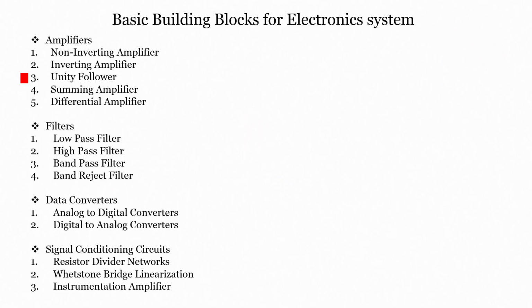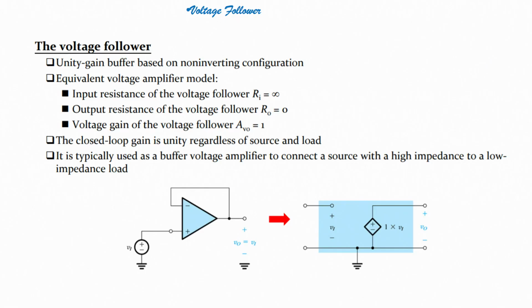We should start understanding the first one, which is the voltage follower circuit. If you can see on the screen, what we see is a unity gain buffer based on non inverting configuration. What does that mean? That if I apply